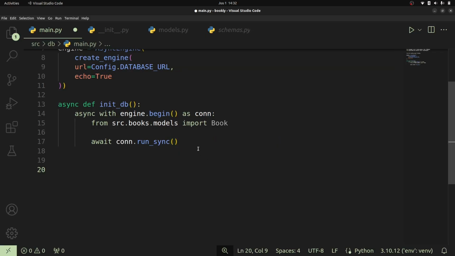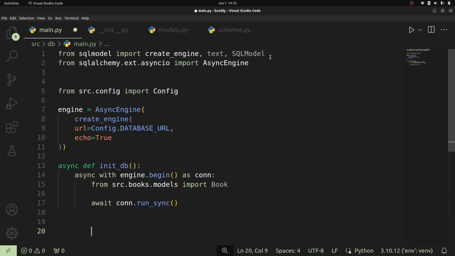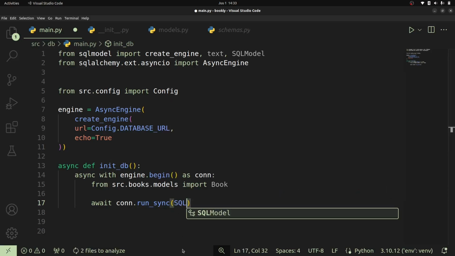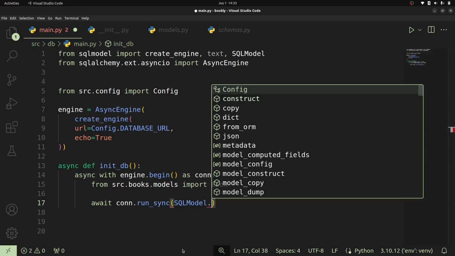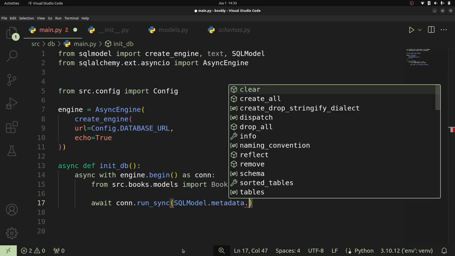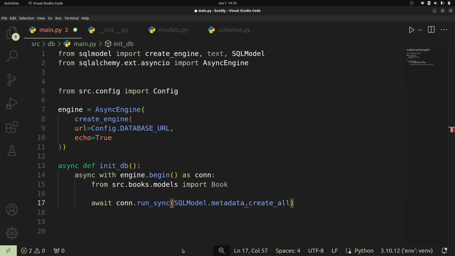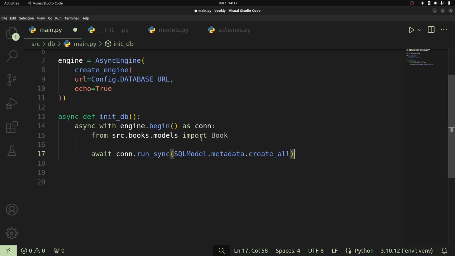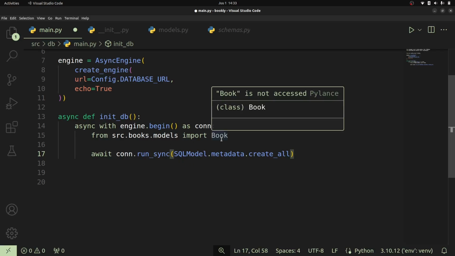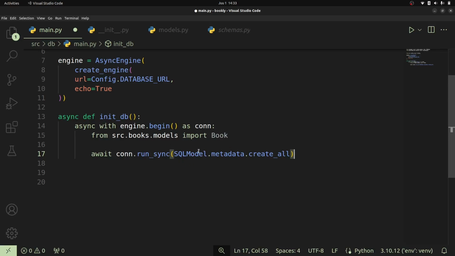And in this case, what we want to do is to access the metadata object on top of this SQLModel. So we shall say SQLModel dot, and we shall get access to the metadata object. Then on that, we can call create_all, and that is one that's going to run our create all statement. So this is going to scan for any models that have been created using this SQLModel object, and to access the metadata, and using that metadata it will go ahead and create these tables